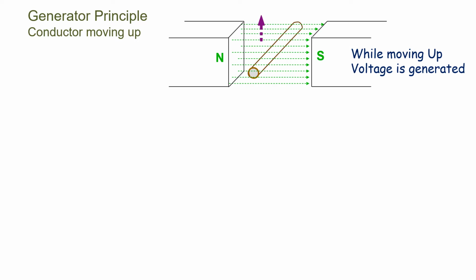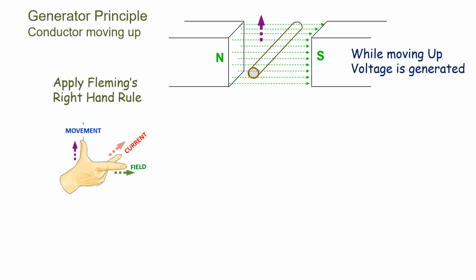To know the direction of the current, apply the Fleming's right-hand rule. Show the first finger in the field direction towards right, the movement upwards by means of the thumb. The second finger oriented towards inside will give you the current direction. So the current in the conductor flows towards inside. In agreement with this current supplied by the conductor, the generated voltage will have positive and negative terminals as shown.